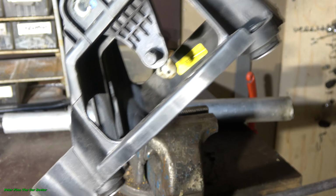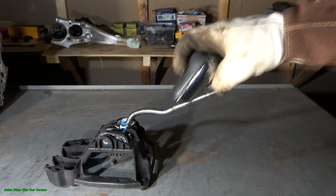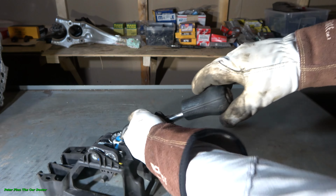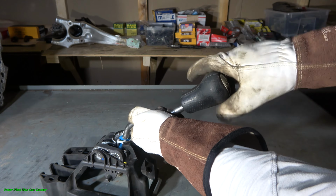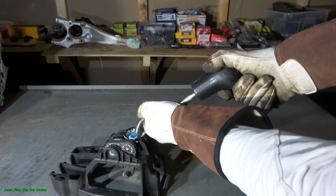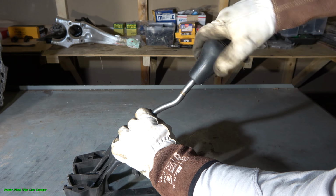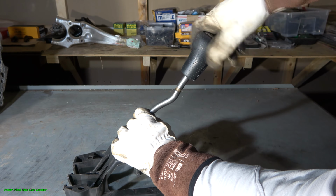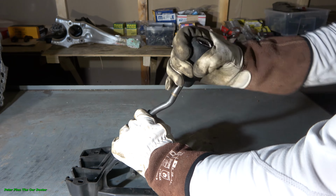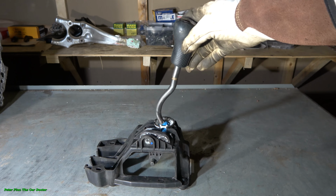Okay, and now we can see the result. Firstly, I rotate this gear stick knob back in here. Okay, now this goes nicely. Excellent. Now we are in the starting position, and now we can see